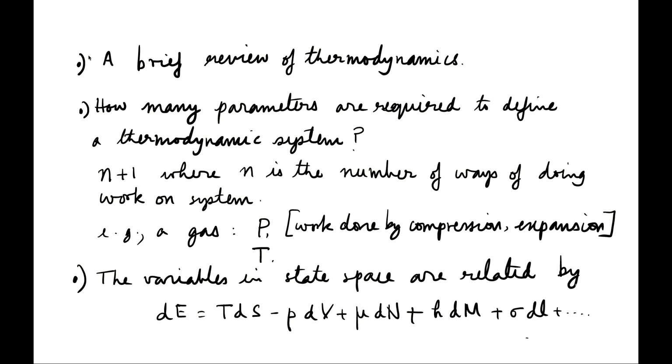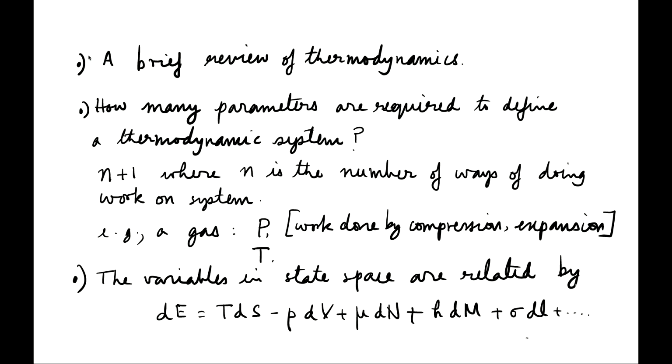This is the relation that governs your state variables in your phase space. So your phase space may be defined by pressure, temperature, and so on. And now you ask, if I go to a nearby point in phase space, how does energy change, for example? Now this does not depend on whether it's reversible, irreversible, or not. It just says that if I go from one equilibrium state to another equilibrium state, how do the variables in the state space change? And that relation is, if I look at the change in internal energy dE,